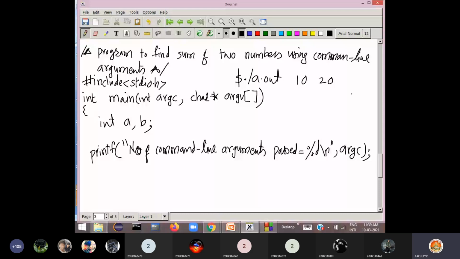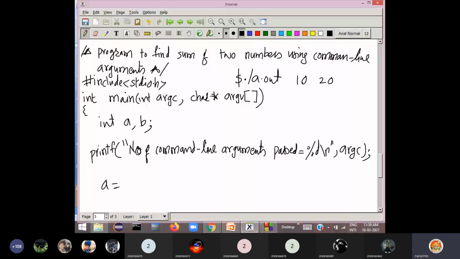Now I want to get these values into A and B. Please remember, whatever you are passing on the command line will be taken as strings. So if you say A is equal to, where is 10 present? Where is a.out present?